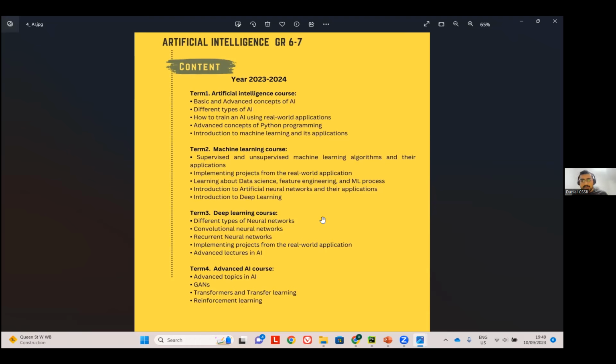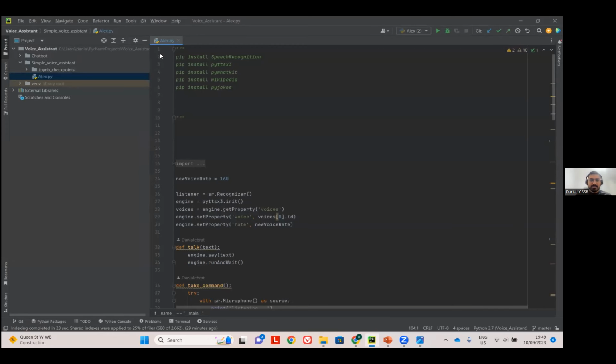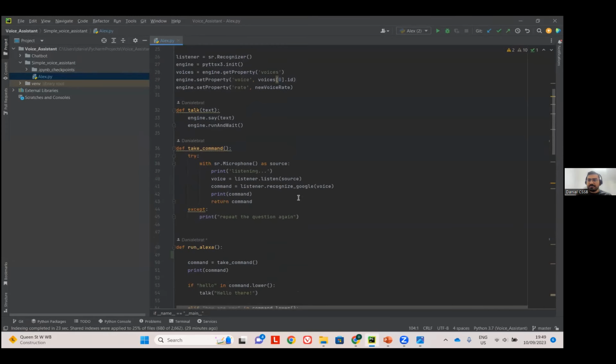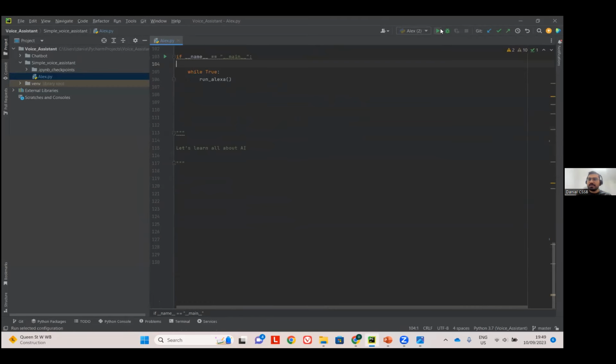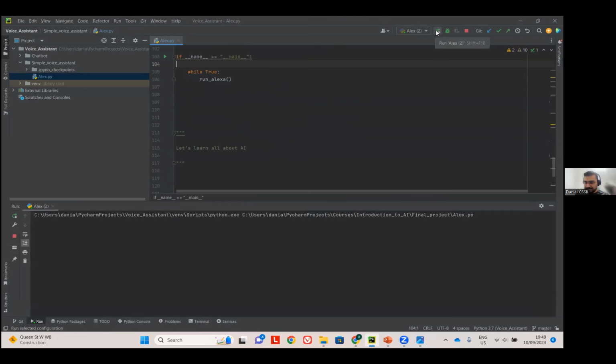That will be incredibly amazing and also really educational for them. They will learn how this AI actually works, and they will be able to create it. That will be awesome. So let me just show you the project that we did for this course.